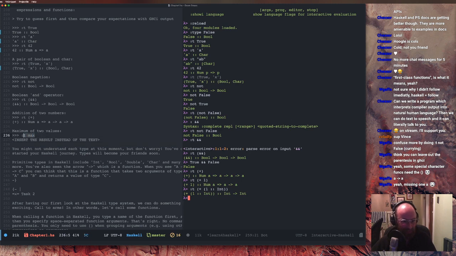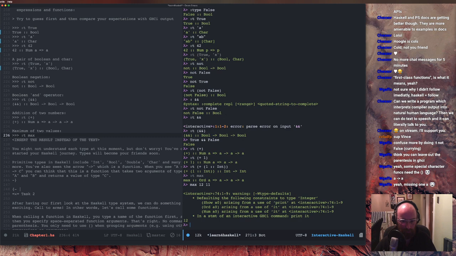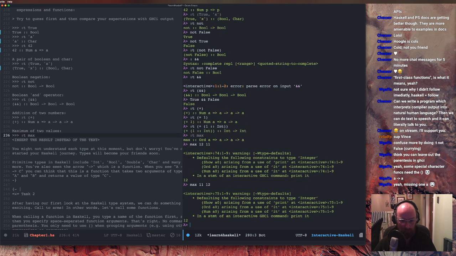Okay, max. What do you reckon max is going to be? Oh, this gets a bit funky, doesn't it? So odd, A, and then it's very similar. Let's try and use it. Max 11, 12. Okay. So it's taking which one's the biggest out of these two, basically. So if we do max 11, 12, it'll return us 12. Okay. And again,